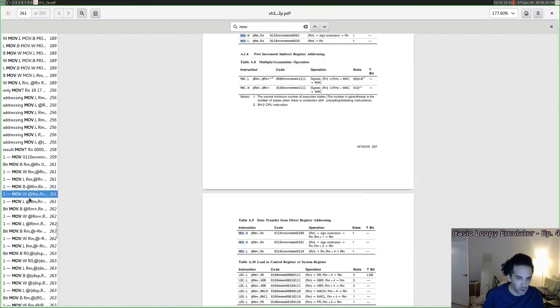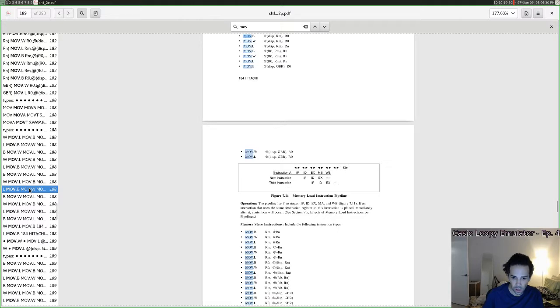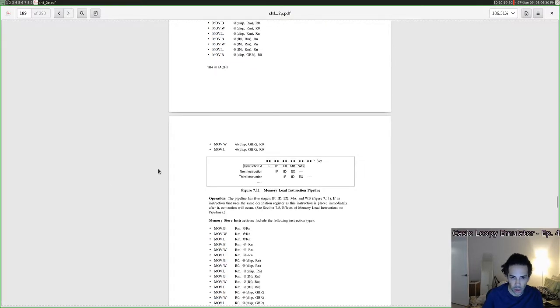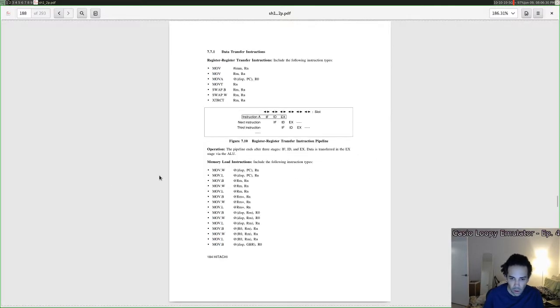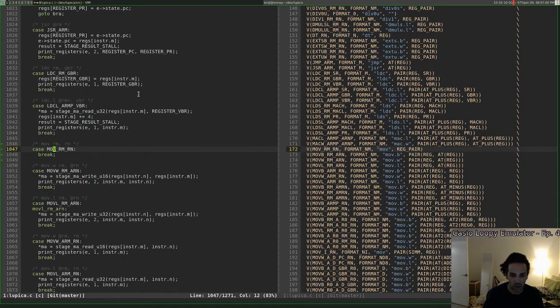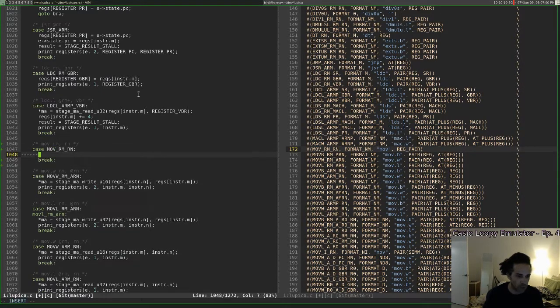Not this far. Yeah, it's going to be here probably. Register, transfer. It's probably one of these. Yeah, this one. Here we go. So yeah, it looks like it's a straight up, normal instruction. You can tell because it's just got IF, ID, EX. There's no memory access. There's no write back. There's nothing else. So that means that we can actually just do this